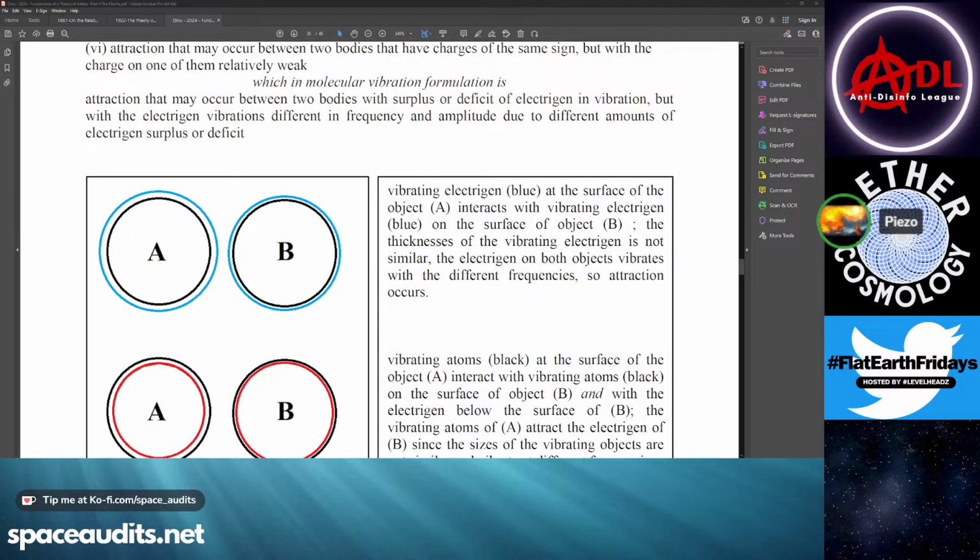if one is 0 and one's highly positive, they're going to attract. But then if you compare another set of two that are also different, if one's charged to 2,000 volts and one is charged to 20,000 volts, the one that's charged to 20,000 volts is going to try to ground out until both of them are at 11,000 volts, right? Yeah.